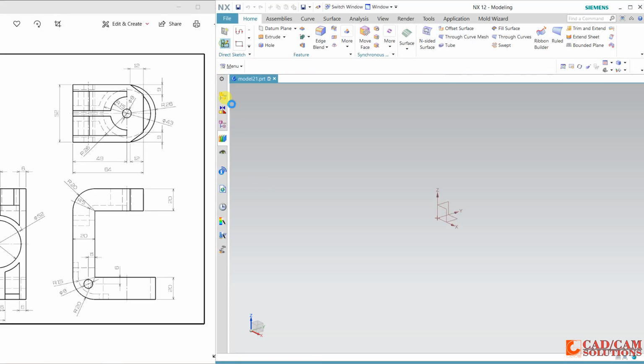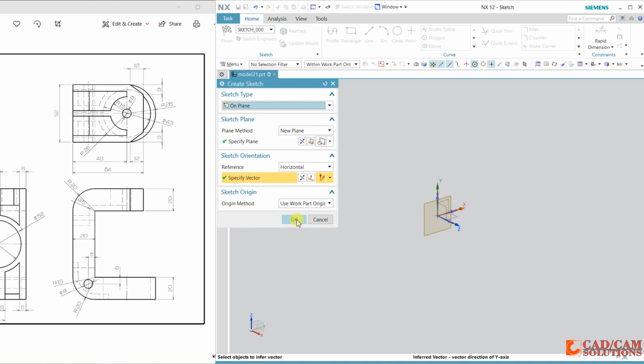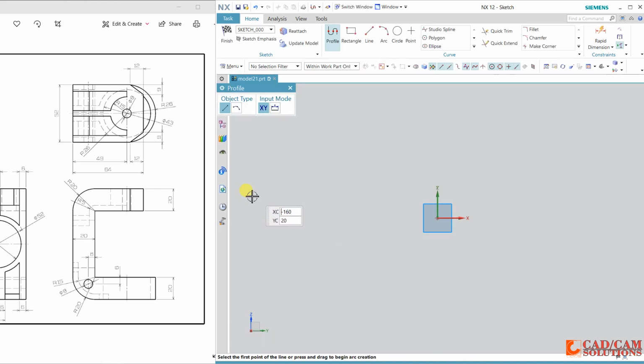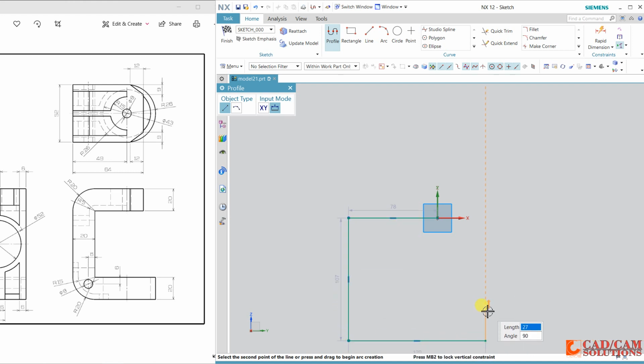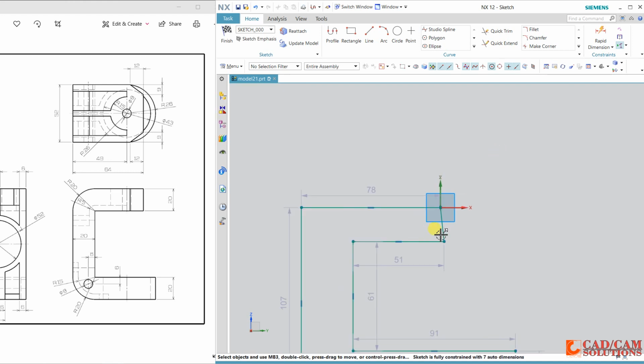So first click over the sketch and select the front plane, means YZ, and start with this profile and draw a line. My shape is like this. Now apply some constraint.